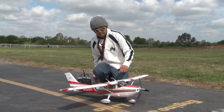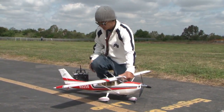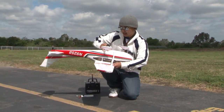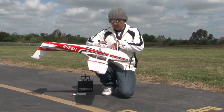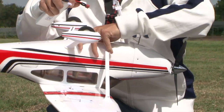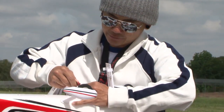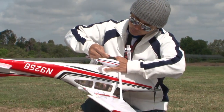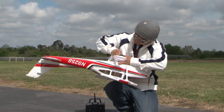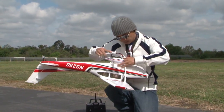We're going to go ahead and power her on here, and show you a couple of features. I'm going to turn the stock transmitter on. I do have a charged LiPo in here already, and once again, this is the stock system that comes out of the box. Basically built in about an hour or less. A very limited build, and we're here at the field to give you guys a flight review. All right, let's get the plug plugged in here. Okay, so we've got the plug plugged in here,